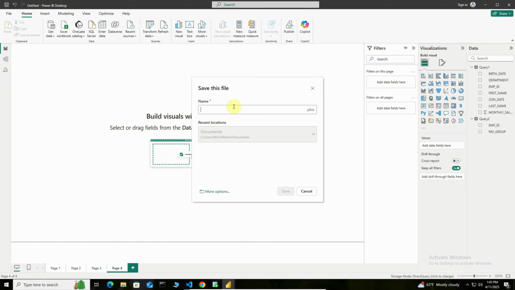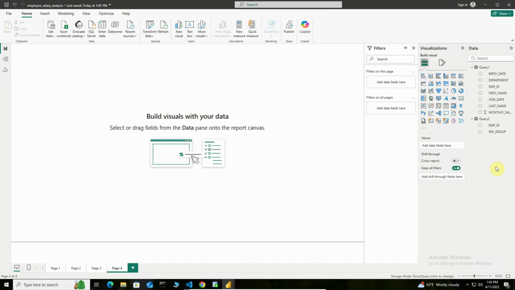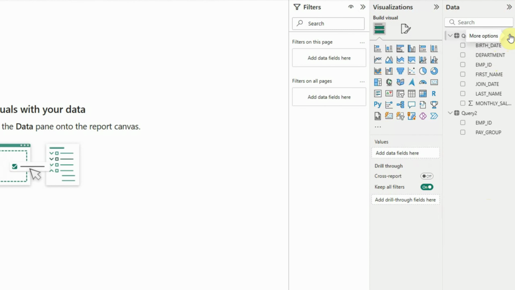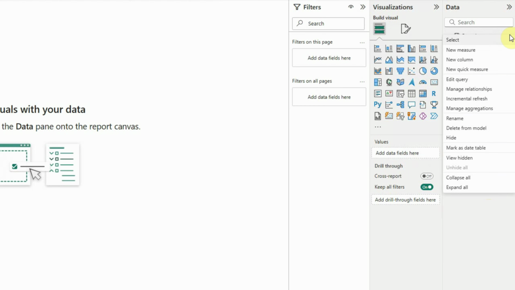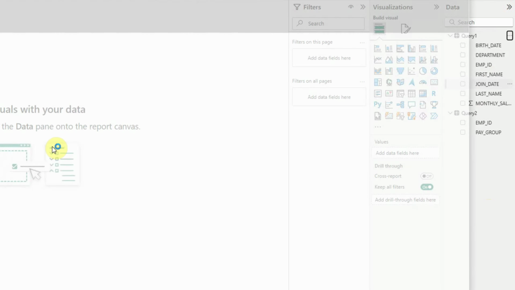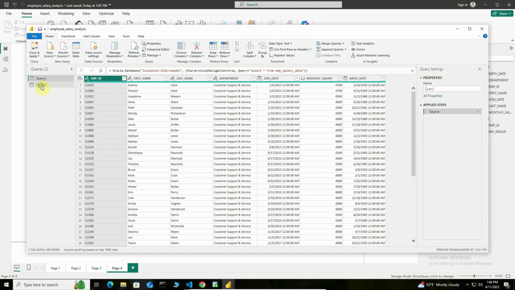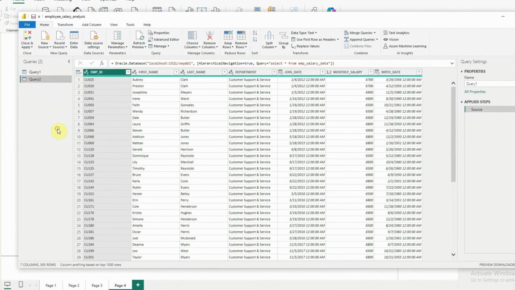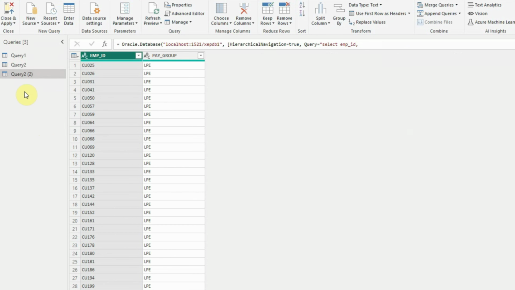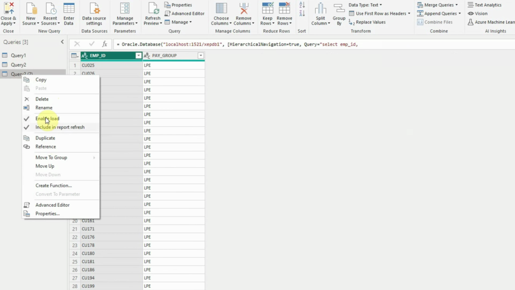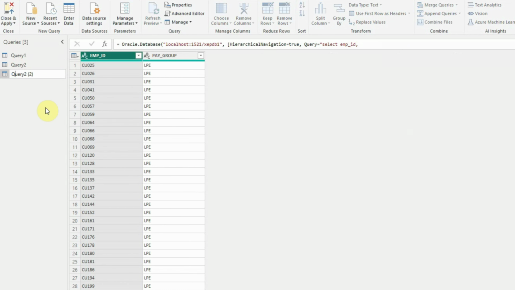We can name it, say, employee salary analysis. And first we are going to add the third query here, and to do that, again, as we did last time, click on the three dots against any of the queries listed and go to Edit Query, and the Power Query Editor will appear, where we are going to create a duplicate copy of an existing SQL query, and we'll rename it as, say, query 3,